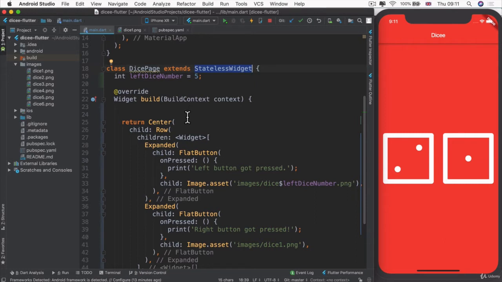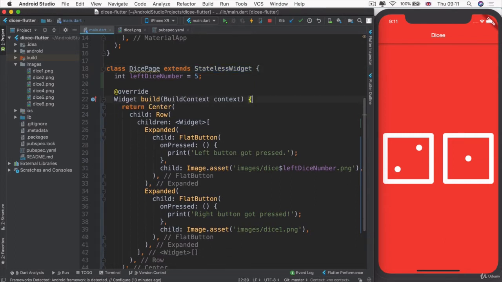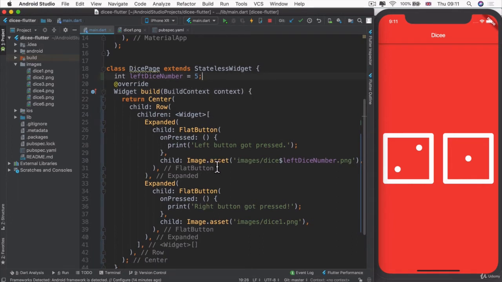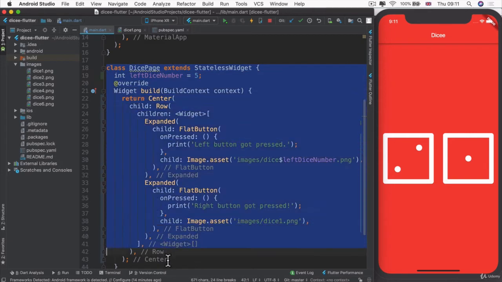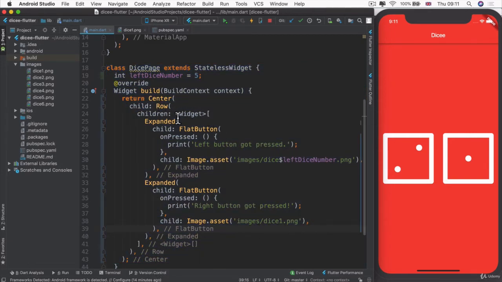So as you can imagine, if there are stateless widgets, there's probably stateful widgets. And the difference between the two is that the state of the stateless widgets are not really meant to change. So if you create a row, it's always going to be a row. If you create a center, it's always going to have something in the center. If you create an image, which you need to change and update, it's best to create that inside a stateful